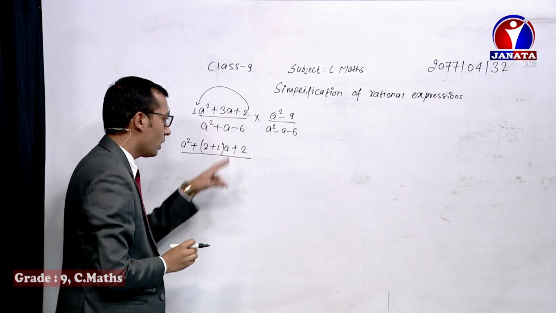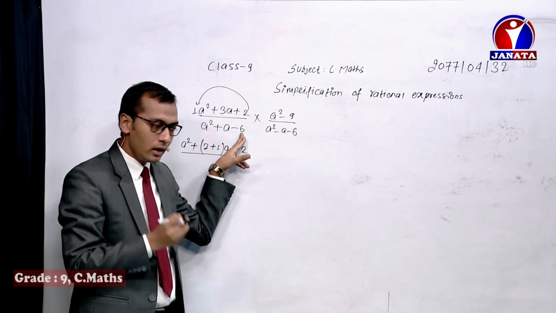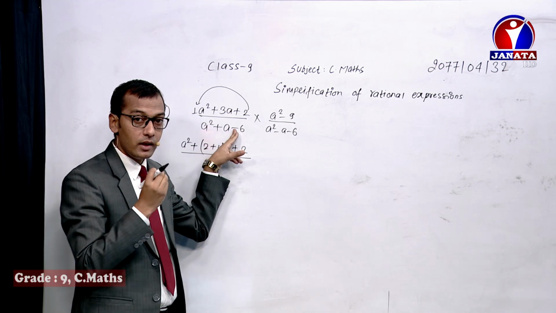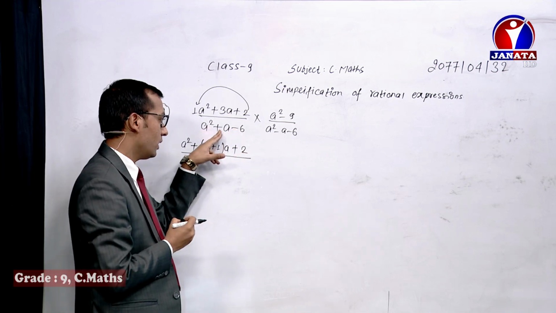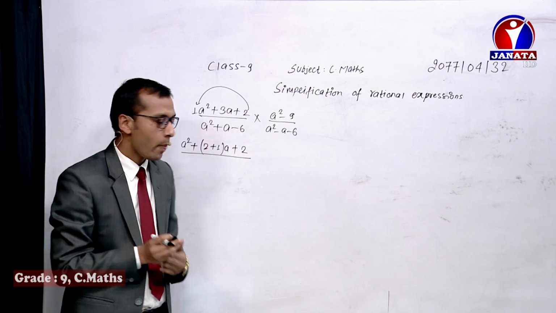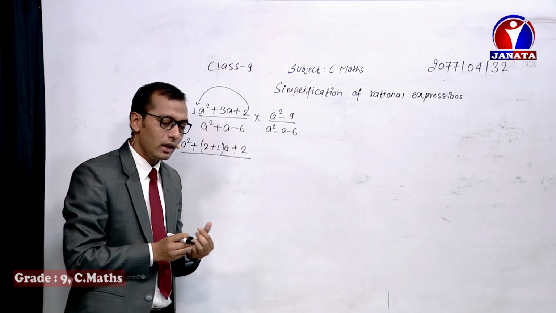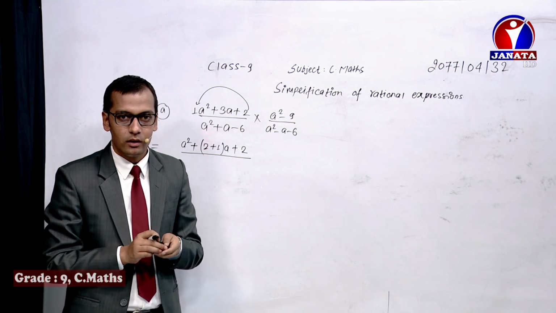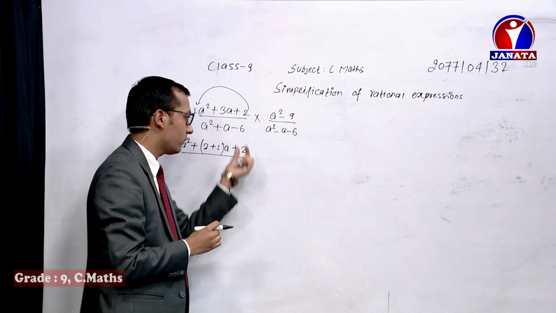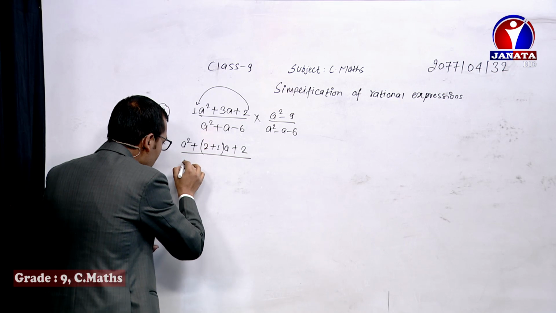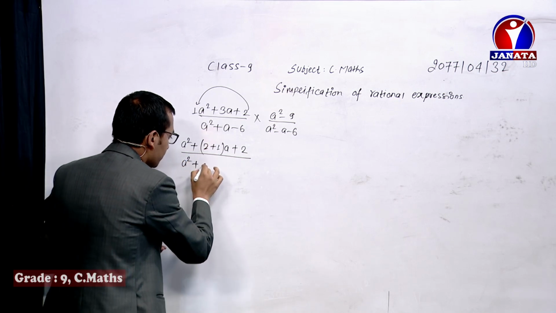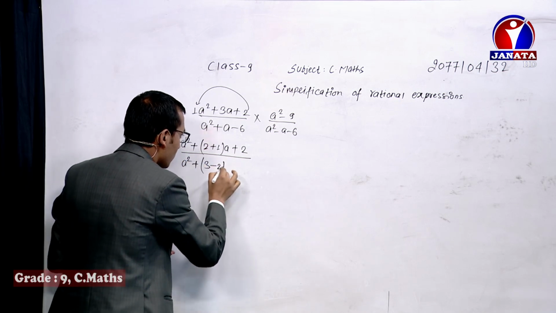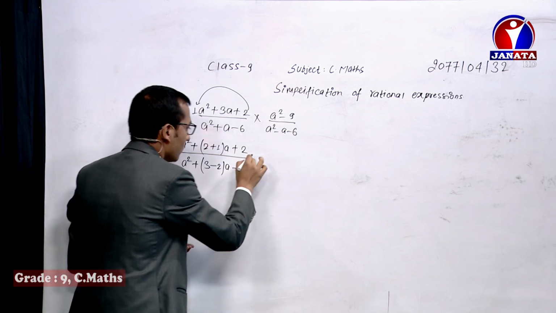Similarly, now we can factorize the denominator a square plus a minus 6. So the product of two numbers should be 6, and the difference of these numbers should be the coefficient of a, 1. So what are two numbers whose product is 6 and difference is 1? These two numbers are 3 and 2, which are the factors of 6. So a square plus 3 minus 2 times a minus 6 times,